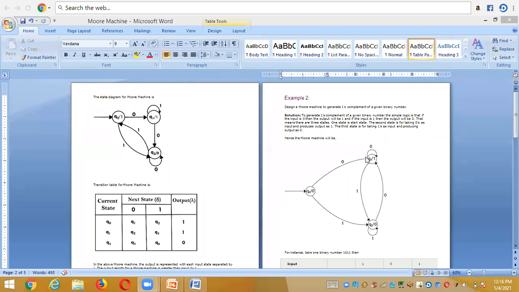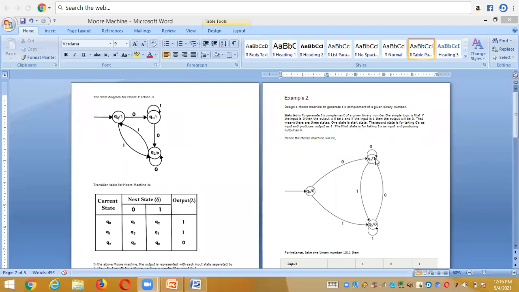Now coming to q1 with 0, I am doing a self transition on q1 with 0, because if I give 0 to q1, the output should be 1. To satisfy that condition, I already gave 1 as an output for q1. You should take only one alphabet, not more than one, to define the output alphabet for each and every state, right?